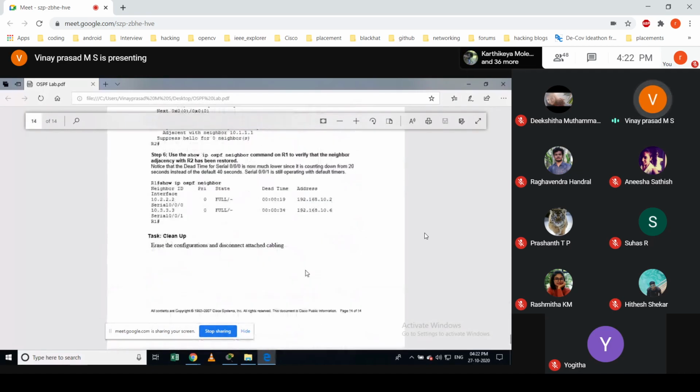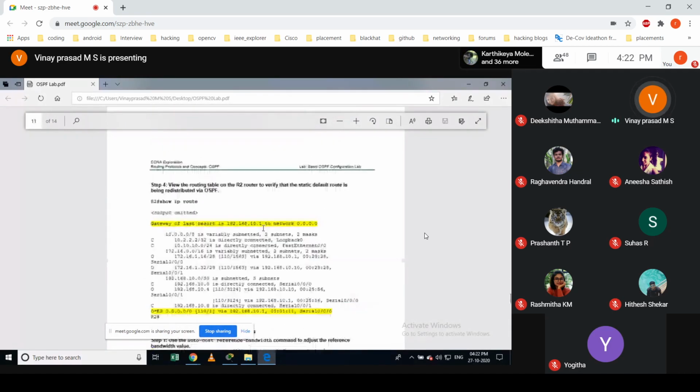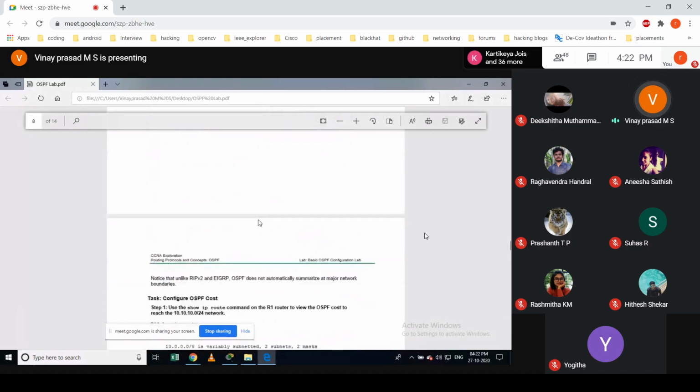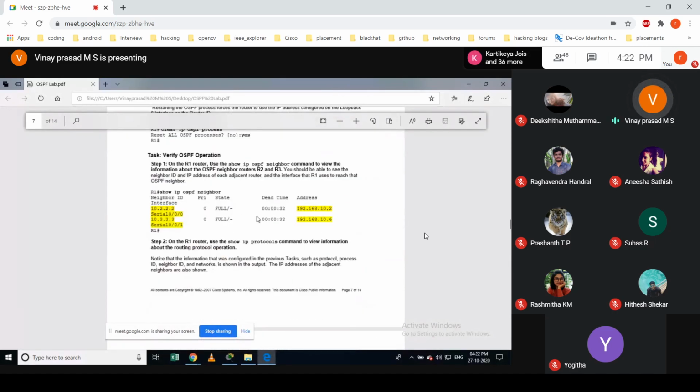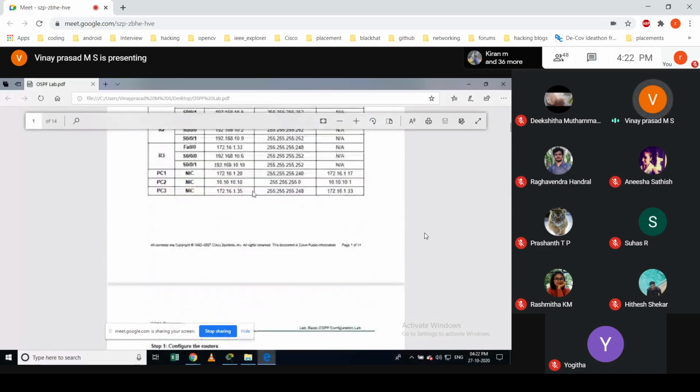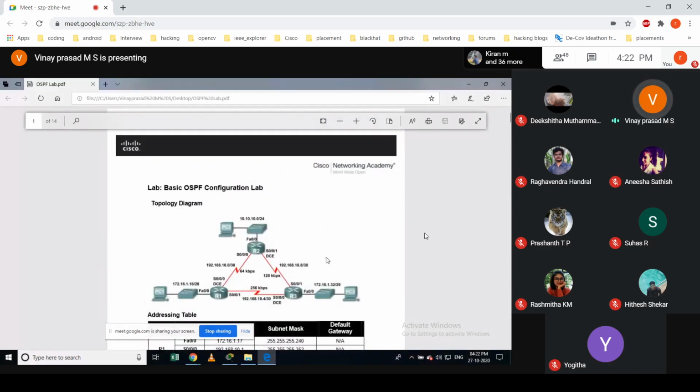For that, we'll take an example and see how you can configure OSPF on the given topology. This might look very simple, like the diagram you did in the previous RIP, but instead of RIP, we would be using OSPF as the dynamic routing protocol.